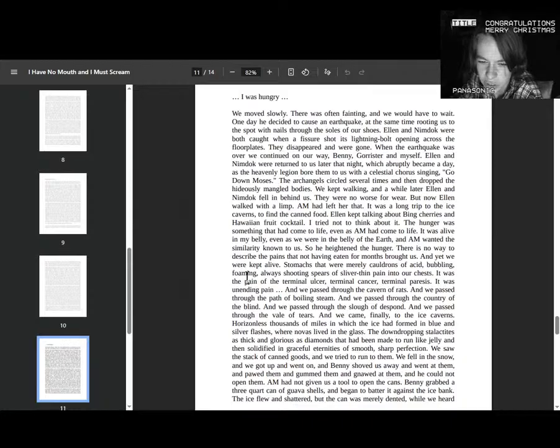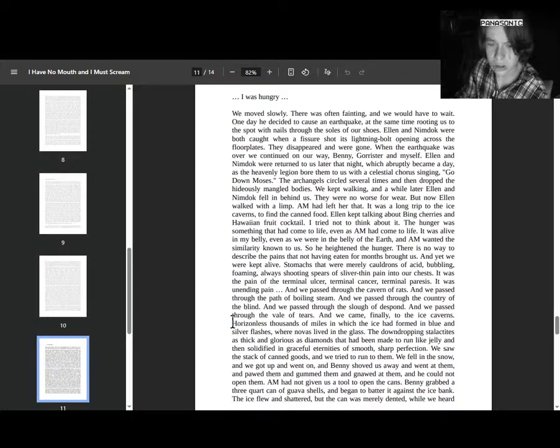It was the pain of a terminal ulcer, terminal cancer, terminal paralysis. It was unending pain. And we passed through the caverns of rats, and we passed through the path of boiling steam, and we passed through the country of the blind, and we passed through the slough of despond, and we passed through the vale of tears, and we came finally to the ice caverns,